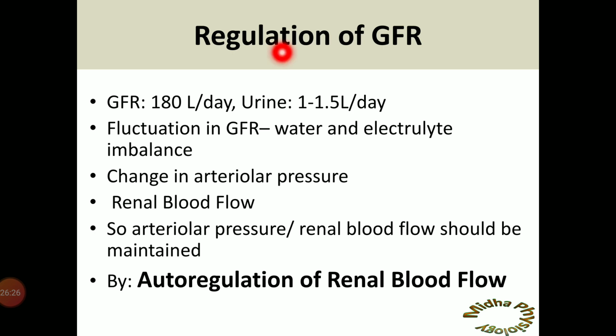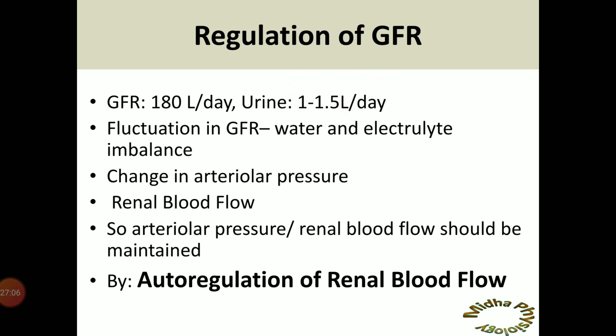Now when you're talking about the regulation of GFR, we have to know how GFR is being maintained at that normal value only. We came to know that GFR per minute is 125 ml per minute, or in a day it is 180 liter per day. So although 180 liter of blood is being filtered in a day, the urine which is being produced is only 1 to 1.5 liter per day. So you can see so much reabsorption has occurred from that ultrafiltrate that only 1 to 1.5 liter of urine has been produced. But if there is any fluctuation of the GFR, if it is increased or decreased, the amount of urine production would also be increased or decreased.